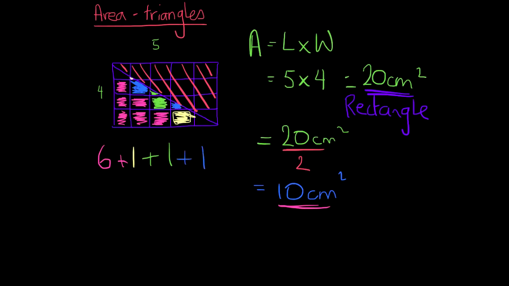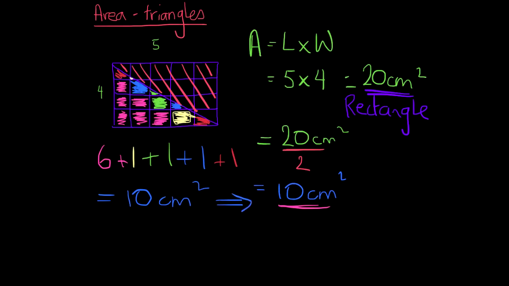And then we've got, final one is going to be this one and that one. So that's going to be +1. Okay, so you can see now you've got the pink whole squares. There's 6 of those, 6 whole squares plus 1 in yellow plus 1 in green, plus 1, plus 1. So altogether, that gives us a total of 10 centimetres squared, which is equivalent to what we did mathematically using